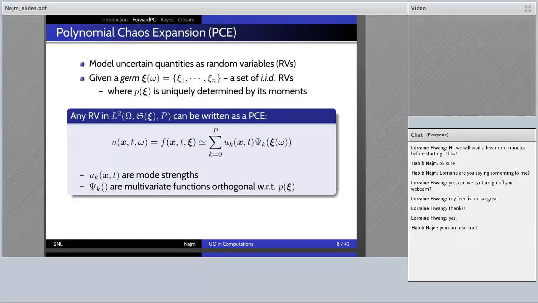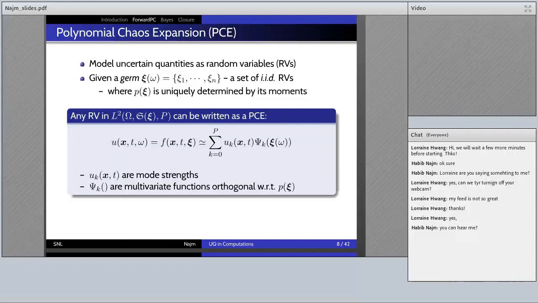Okay, so polynomial chaos is a representation for random variables that is very much like a Fourier expansion. And it comes out of, first, the representation of a random variable as a function. So the first step is to define what we call a germ, which is a set of standard random variables. This is a convenient set, for example, results of standard uniform